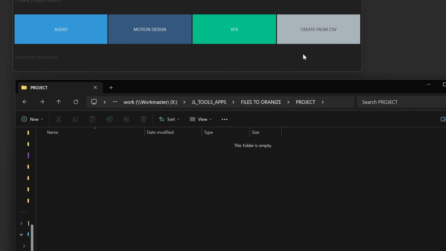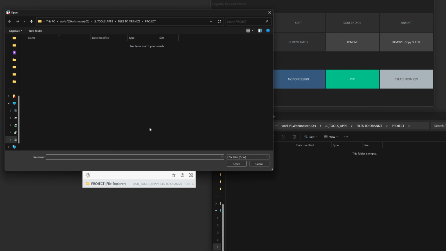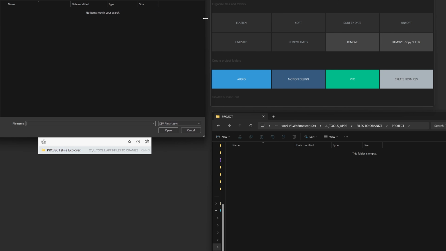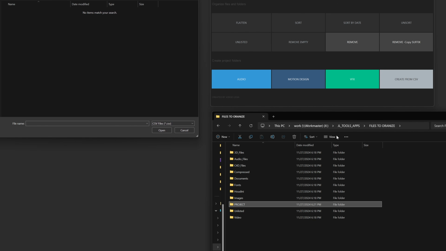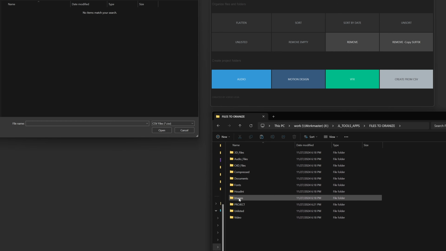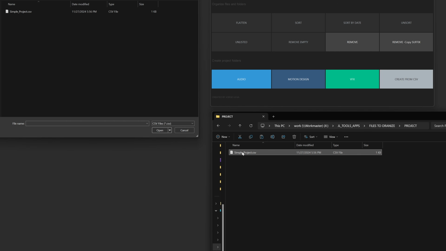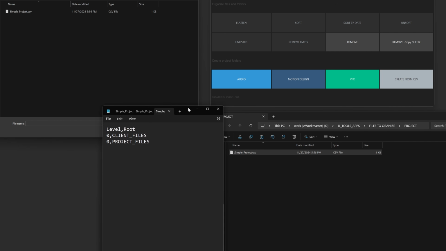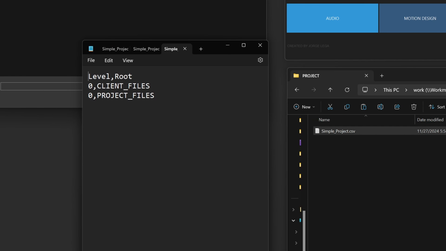And then the cool one actually is the CSV. So if we click on CSV, it'll prompt you to open up a CSV file. So what we're going to do is go back in here, and I have a sample project here. So I'll copy this, go into our project, paste it in here, and I'll click here. So right now I have these folders in here. So what we do is we put a 0 and a comma,